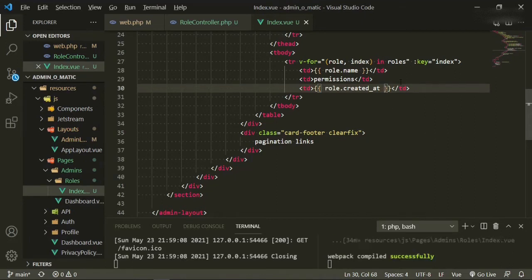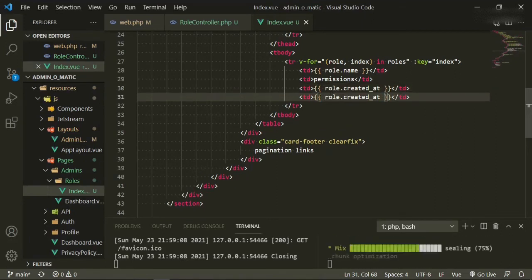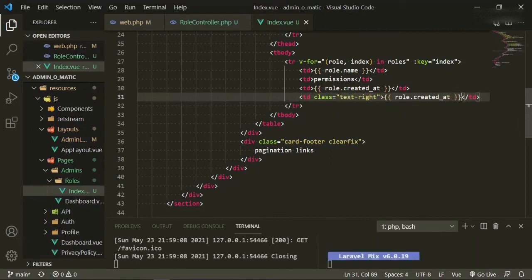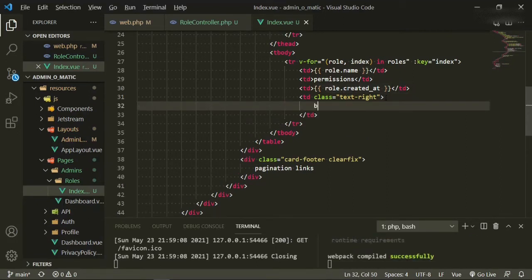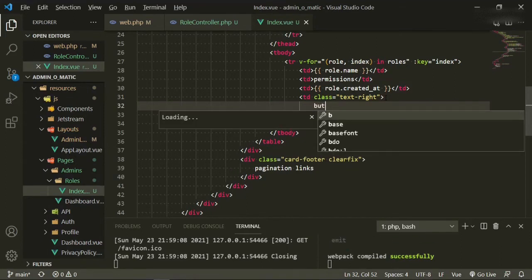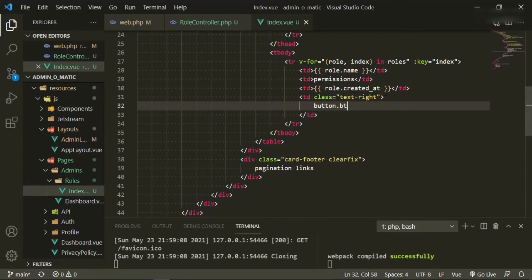And then we need another one, so copy paste. This one is going to have a class of text, right. And then we're going to have two buttons in here. So we can open that up. We'll say button with the class of button,